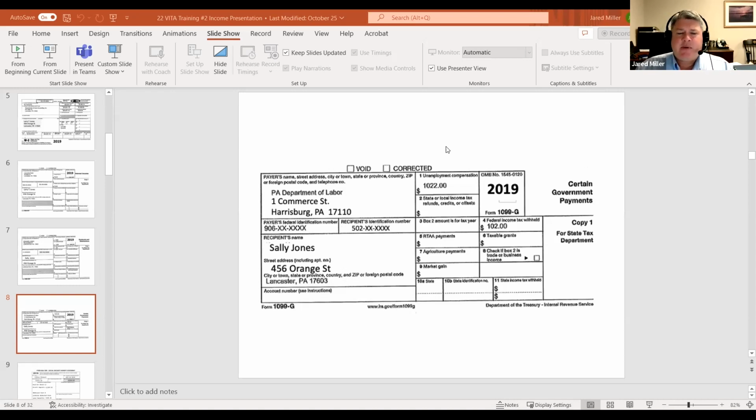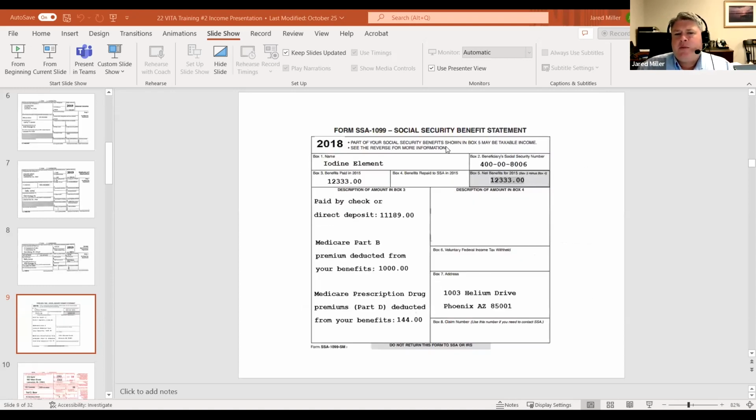Typically, depending on what site you're at, you might see a lot of W-2s. If you're at other areas, you may see absolutely none. And if you're going to see no W-2s, you're probably going to see the following form, which is the form SSA-1099, the Social Security Benefit Statement. Now, I probably should have put this in full and glorious color for you, because the main information we need off the SSA-1099 is this shaded box, box number 5. Fortunately, the government's issuing it. The government's form looks exactly the same every time it is issued.